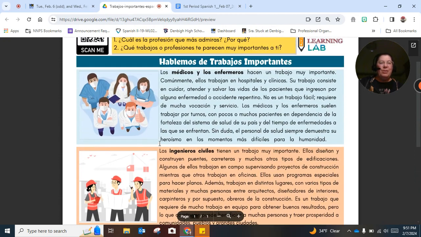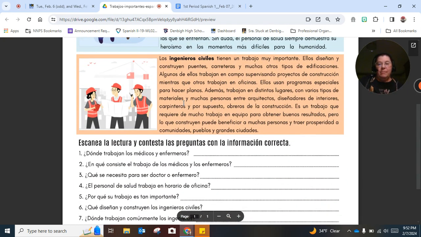Okay, well, I know you need a degree. You know that. Let's look up here. Requiere. Ooh, requiere does look a little bit like require. Requiere de mucha vocación y servicio. A lot of people were jumping into this vocación and they thought it was a vacation. Vocación is a cognate for vocation. It's like something you're called to do. Like I feel like my vocation is teaching. I'm called to teach.